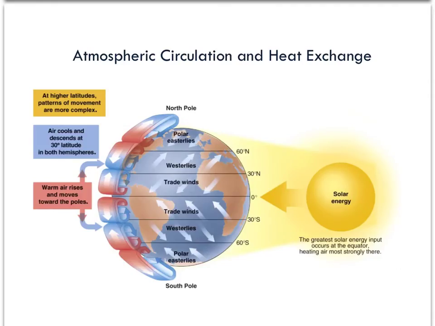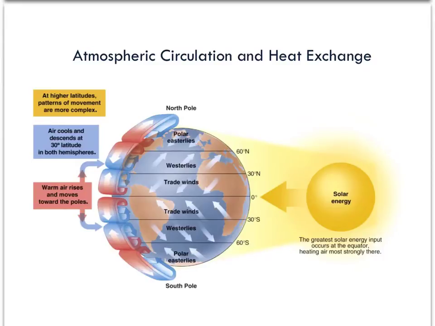This heating of the Earth's surface by the sun is going to drive circulation through the atmosphere. So in March and September, when the sun is directly over the equator, or whether you're talking about June or December when it's directly over 23 degrees north or south latitude, most of the sun's energy is going to be focused in this area on the globe. As a result, you're going to get these uneven heating patterns. At the equator, you're going to get a lot of the sun's energy at the surface. This air is going to heat up. As a result, it's going to rise and expand.